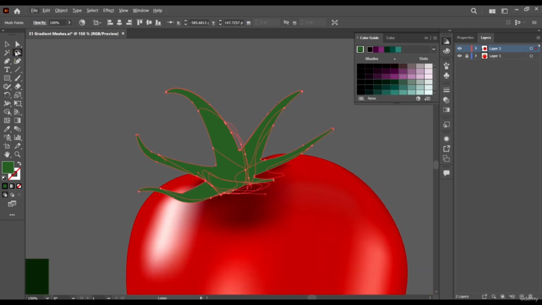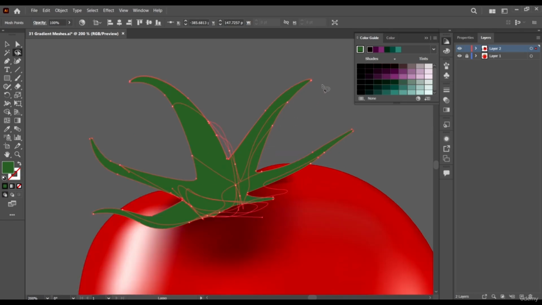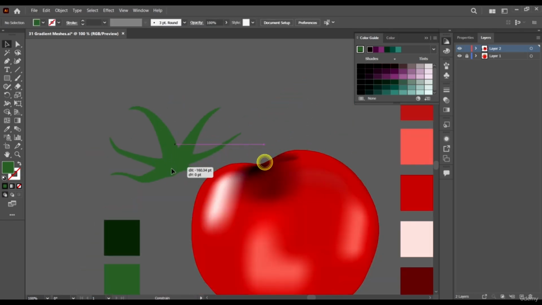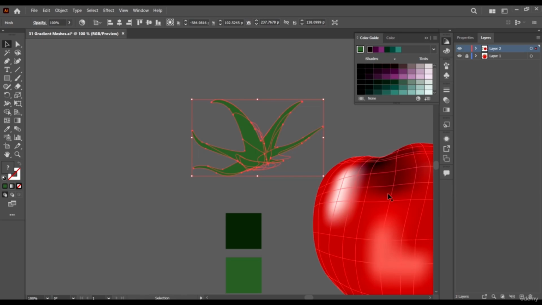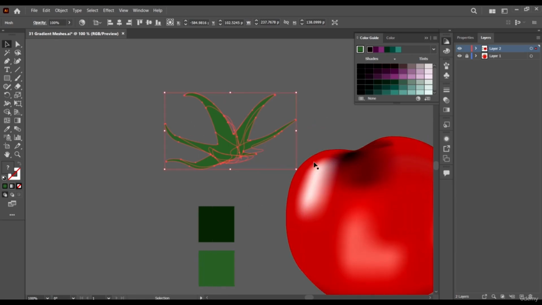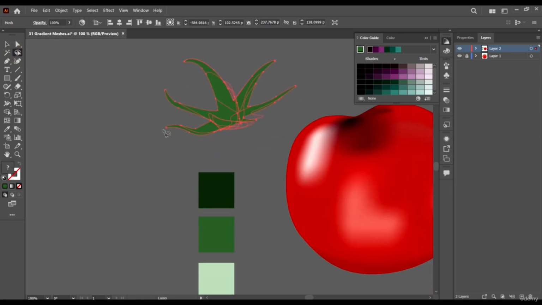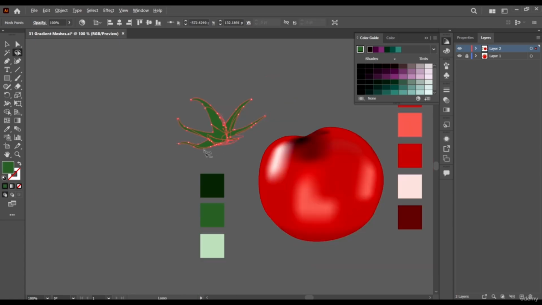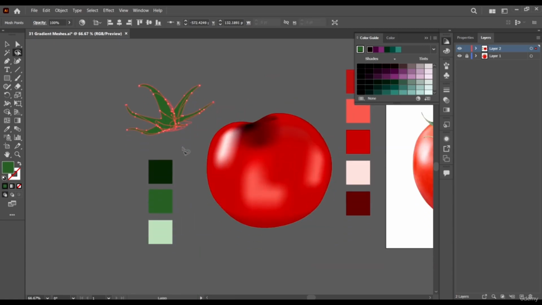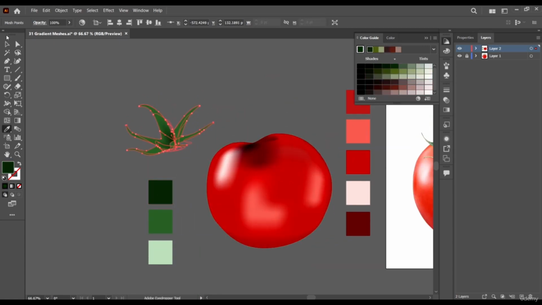Okay, so just select your lasso tool and maybe we should isolate this one so we don't get to select these other ones here too. So just select your lasso tool, drag out some selection here, give it a darker shade.